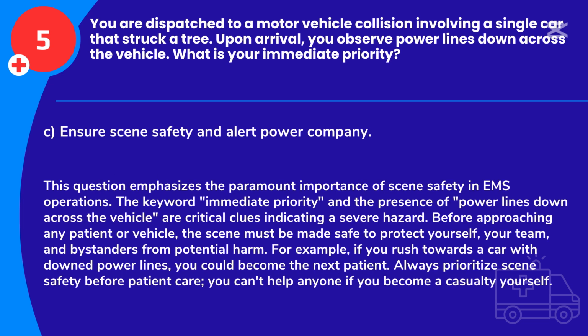Answer: C. Ensure scene safety and alert power company. This question emphasizes the paramount importance of scene safety in EMS operations. The keyword immediate priority and the presence of power lines down across the vehicle are critical clues indicating a severe hazard. Before approaching any patient or vehicle, the scene must be made safe to protect yourself, your team, and bystanders